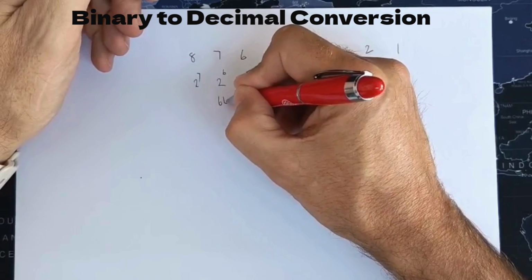If I move on to the next one, I have 1, 0, 1, 0, 1, 0, 0, 0. Again, 1 is on, so 128 is true. 0, that's plus 0. 32 is on, 16 is off, and our last one on is 8, and all of these are 0 again. So if I add this up, it's 128 plus 32, which gives me 160, plus 8, which equals 168.